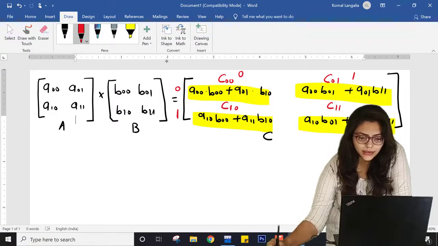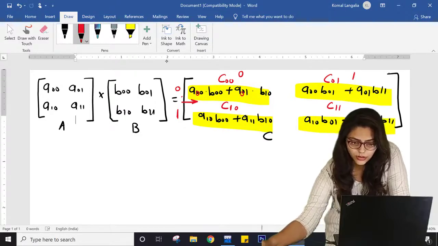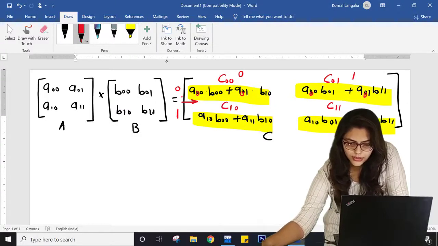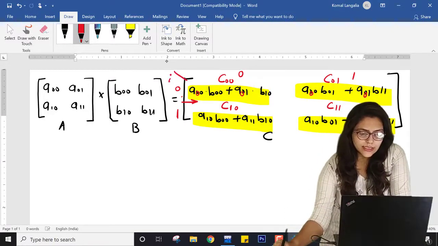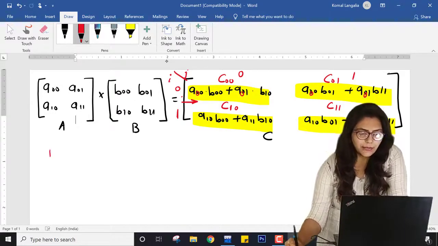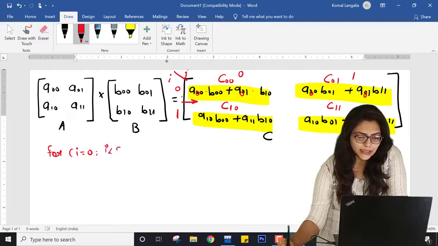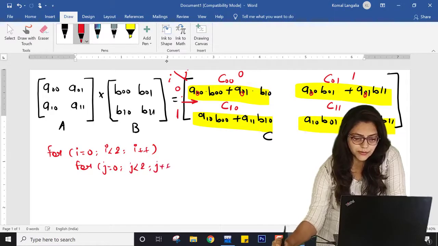Now see that here in the first row, this is 0, this is 0, this is 0, this is 0. So I can say, if I say rows as I and columns as J, I am writing a loop for I equal to 0, I less than 2, I plus plus. Inside this I am writing for J equal to 0, J less than 2, J plus plus.